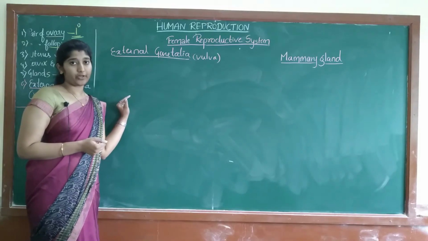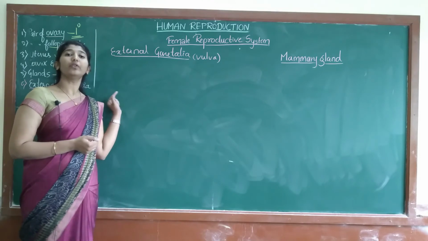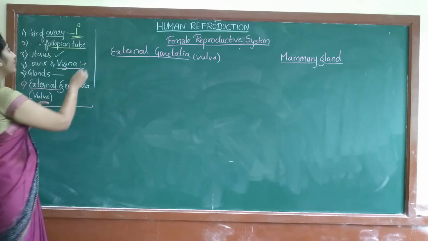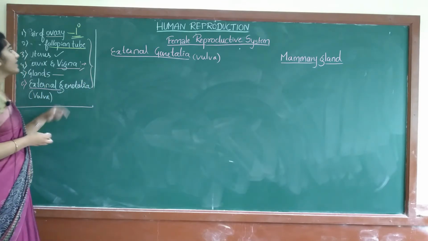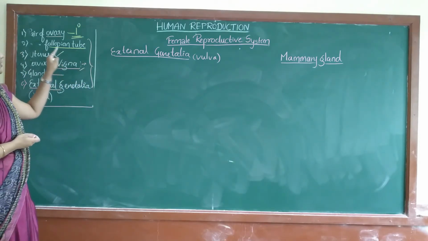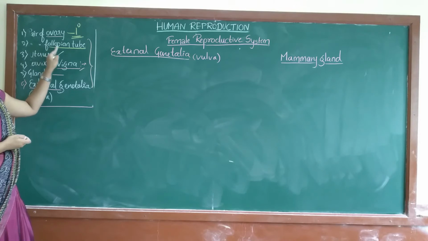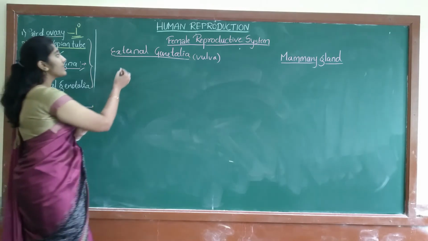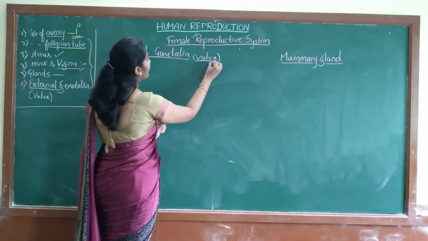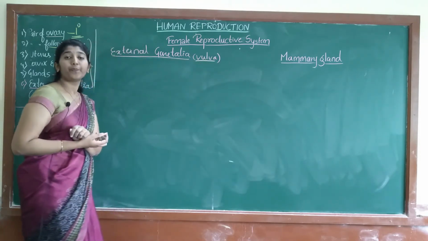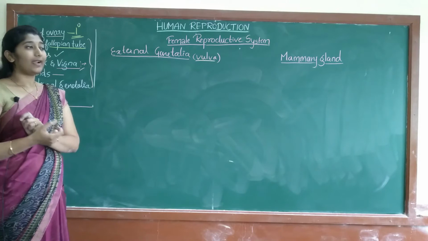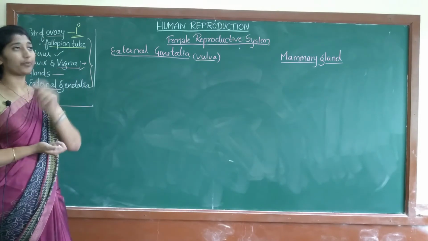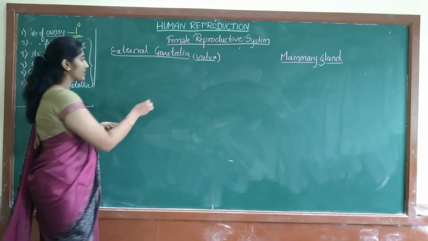In the female reproductive system, we have discussed the primary sex organ, that is the ovary, and the rest are secondary sex organs. In secondary sex organs, we have already discussed the fallopian tube, uterus, cervix and vagina. Now we will discuss the external genitalia, which is called the vulva. Now you know that the vagina is the external opening of the female reproductive system, which looks like